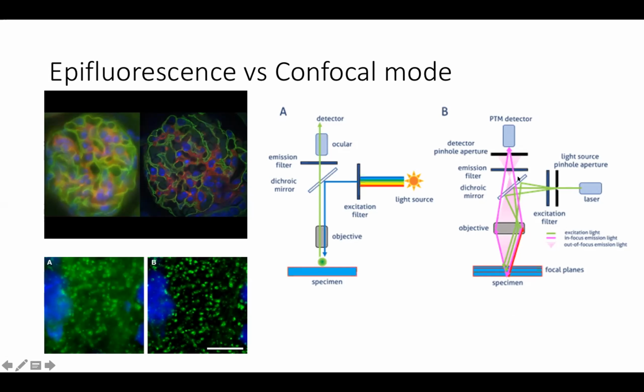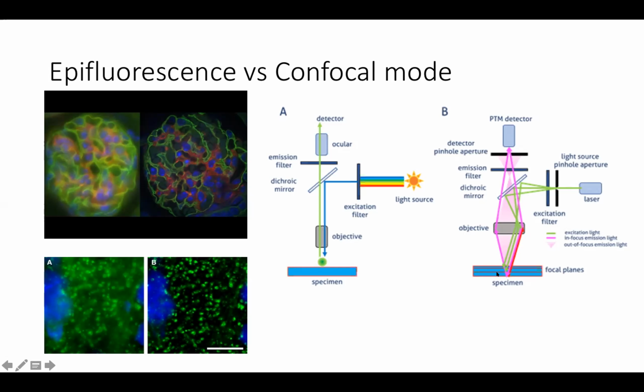This mirror is going to scan the entire specimen the way you want, and you can also control the z depth that you want to acquire the image of. The light following the excitation of the sample is going to pass back through the emission filter. But the key over here is we are not collecting the entire depth. We are eliminating any out of focus light using the pinhole aperture, right? So we are using a pinhole over here, which only allows us, let's say if our object of interest or